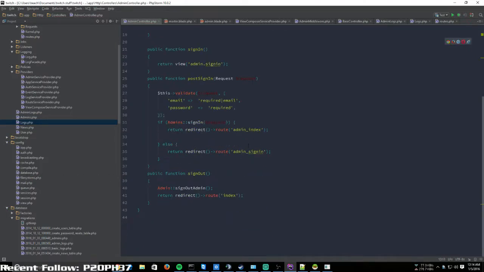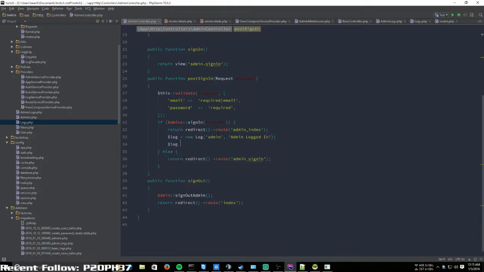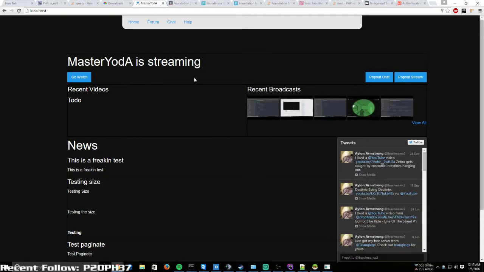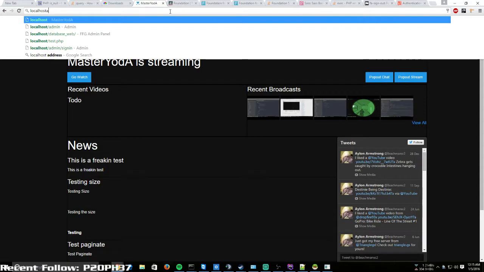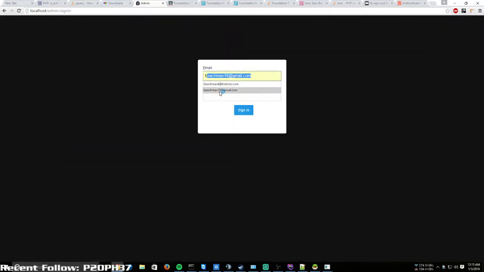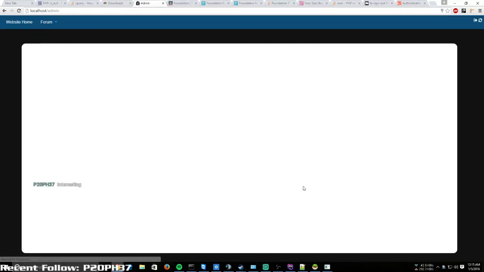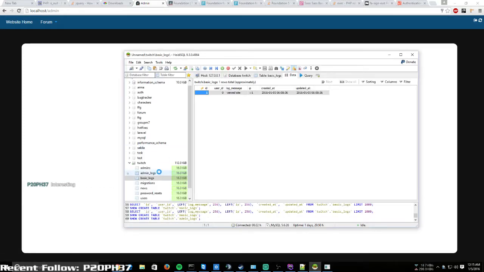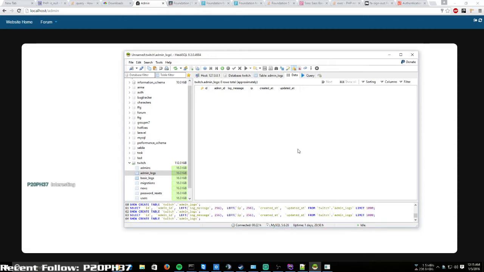If it is successful, then we need to create a new instance of log, new log, admin logged in, log equals store. Okay, and then we can go in here, go to admin's log, and there's nothing there, of course. Okay,